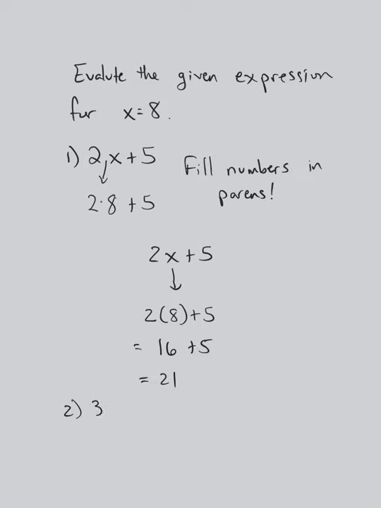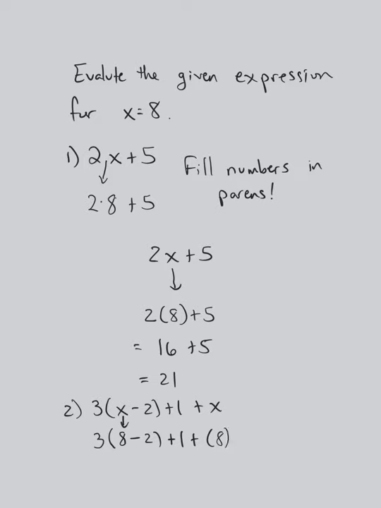Say I have 3 parentheses x minus 2 plus 1 plus x. So here I have x in two different positions. Okay, and so I'm going to plug in x equal to 8. Now notice here that x is already in parentheses, so I don't necessarily need to put a second set of parentheses there. So I'm just replacing the x with the 8, okay, and then plus 1 plus x,